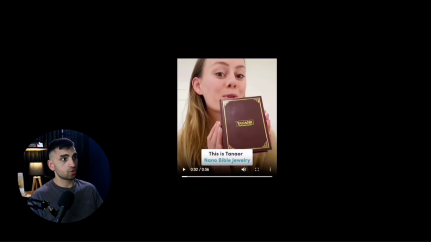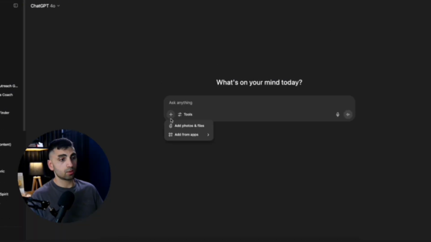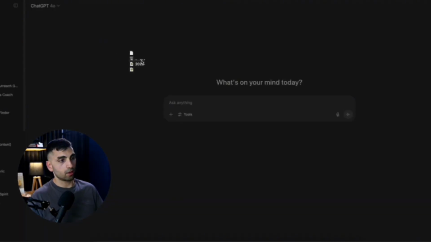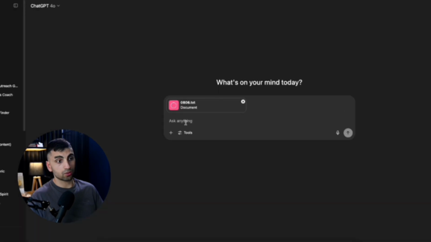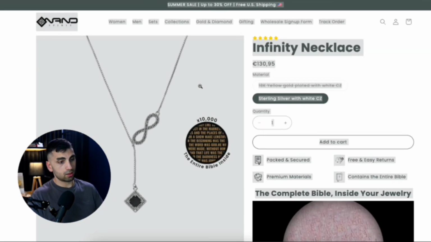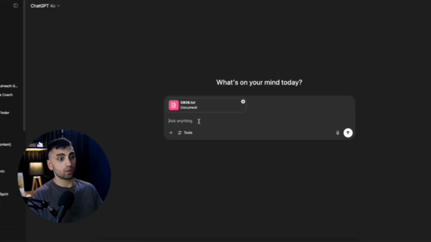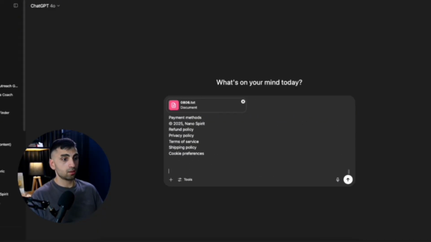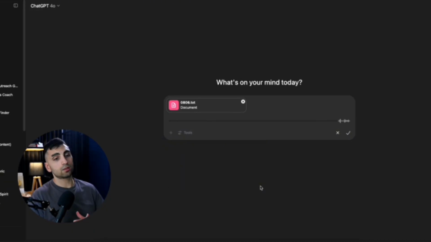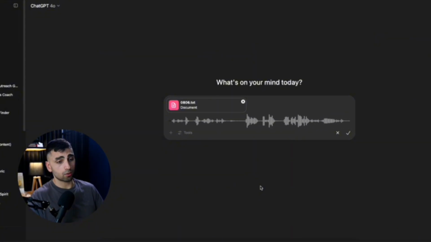When you have those captions, what you need to do is open up ChatGPT first. Again, you have to pay for ChatGPT or else you are not going to have a lot of generations. You paste the TXT file and then you paste the product that you want to copy. You paste it here and then you start talking to ChatGPT and you say: create a script like the one in the TXT file that I've just uploaded for the product that I mention in this prompt. Make it exactly the same, but I want to change the brand and how I communicate the brand and the information about the product that I'm mentioning. You click next,